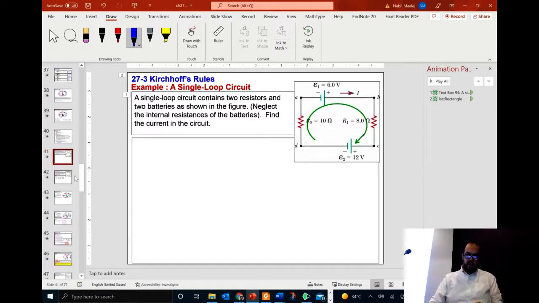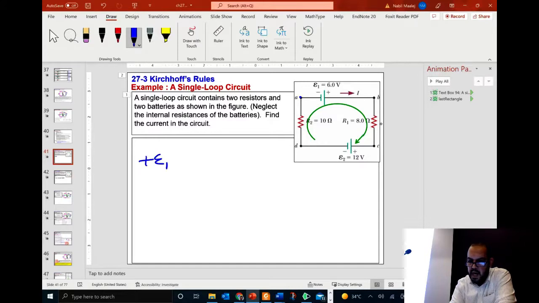Okay, so let's do this simple problem. This is a single loop equation. It contains two resistors and two batteries as shown in the figure. Neglect the internal resistance of the battery. Find the current in the circuit. So we will use a loop equation, and I assume clockwise direction. Let me start at A, for example. First of all, I'm going through the first battery through the negative terminal. So do I use minus or a plus? Plus